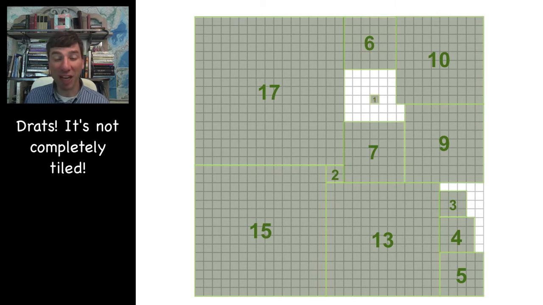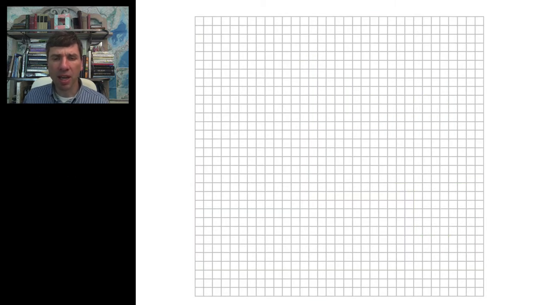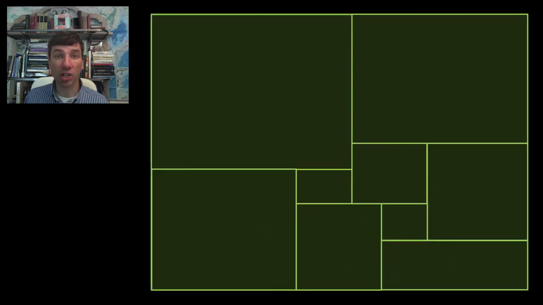And instead of giving up and going home, you can say, okay, what we're going to do is solve this geometric problem algebraically. What I can do is tile a rectangle with a whole bunch of rectangles. That's easy, and here's one example of it. Next, I'm going to algebraically assume that all of those rectangles are actually squares. Now, that maybe will take a little bit of time to get used to, but what it means is that if I call that